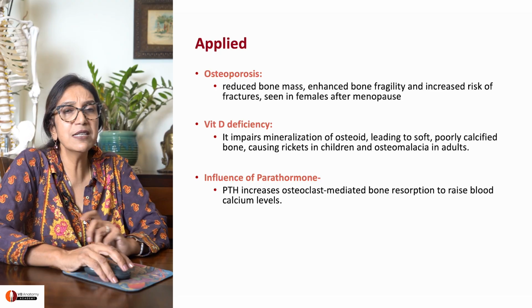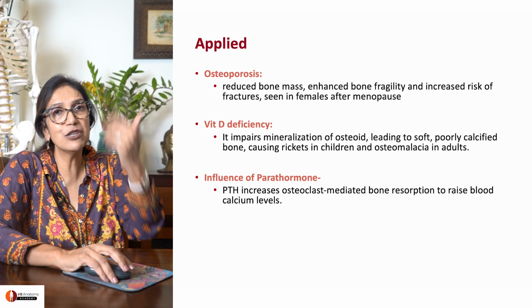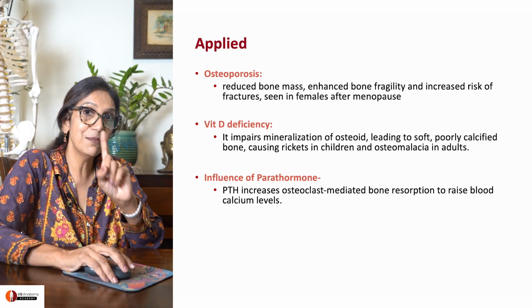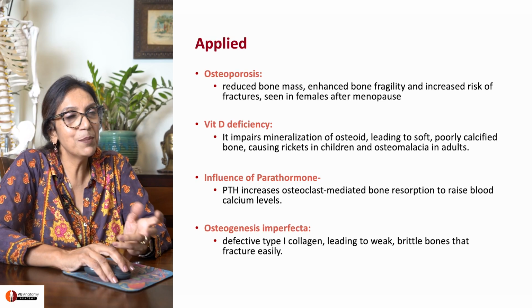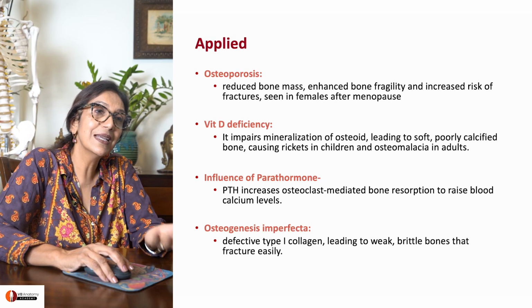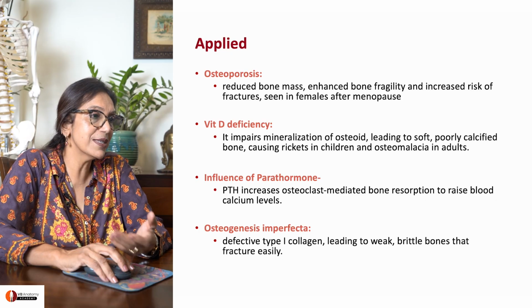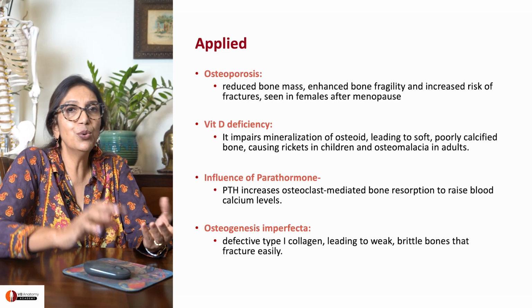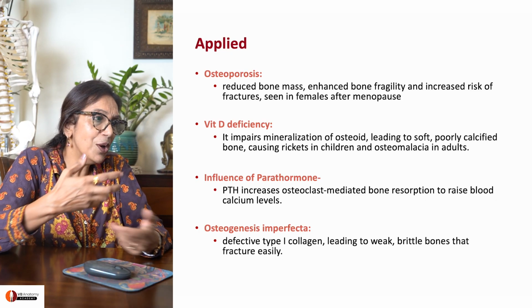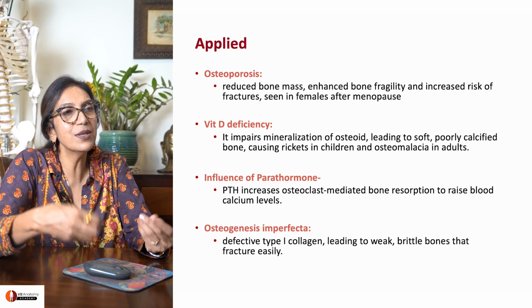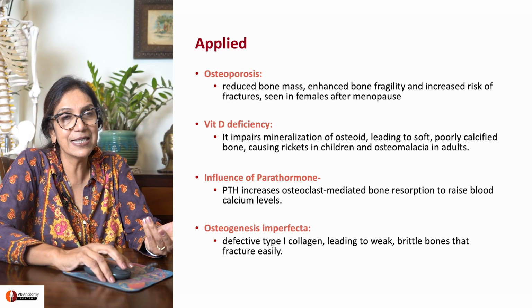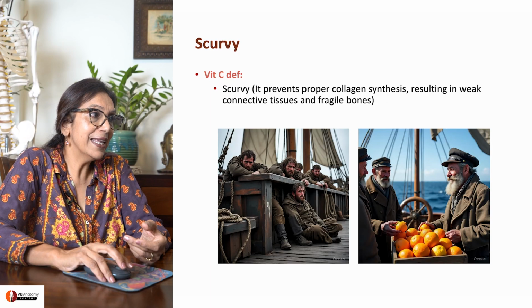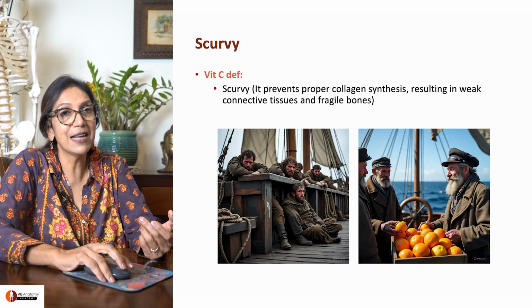Parathormone is a culprit for removal of calcium from bones. Always be wary of this parathormone. Osteogenesis imperfecta is a genetic condition which causes bones to have abnormal type of type 1 collagen, causing the bones to become very brittle and can fracture easily. Okay. Finally, let's come back to the question we started with.